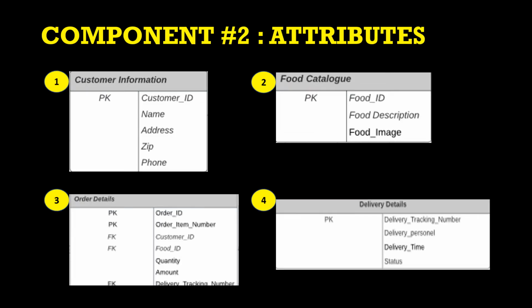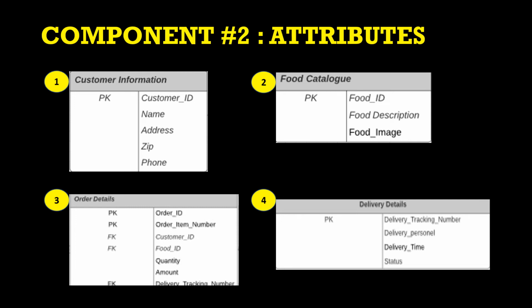Now that Tina already created the entities, the second step is to fill the attributes list for each entity. For the first entity, Tina lists the information related to the customer, that is their name, address, phone number, etc. and a uniquely generated customer ID is tagged as the primary key for the table. As stated earlier, primary key is a unique value for each row and this will be used to identify the customer.